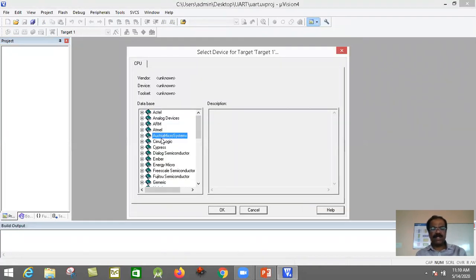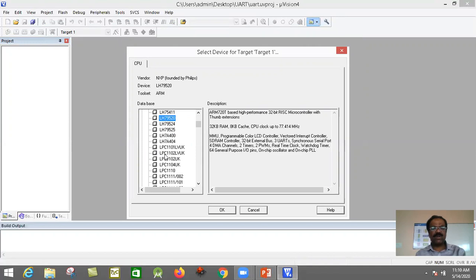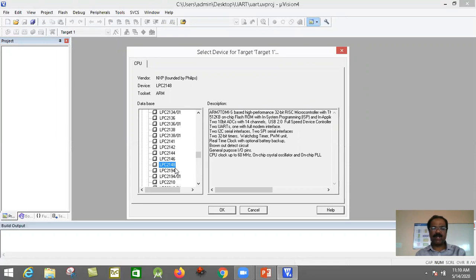Now here, we are going to use NXP. Expand this, then go for the LPC2148 microcontroller. We have to select that particular IC, LPC2148.